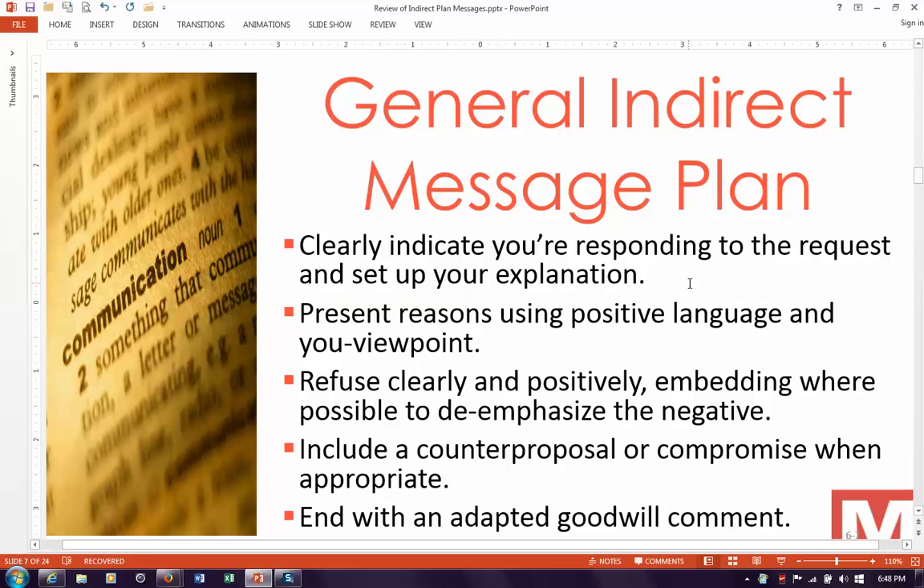You clearly indicate you're responding, present the reasons using positive language, and the you viewpoint, the benefit to the reader. Remember, we learned that in Chapter 4. The best way to do that is put yourself in the position of the recipient of your message. How would you like to hear the no so that it doesn't make you feel so bad? You have to refuse clearly and positively. You've got to de-emphasize the negative, and don't forget that counter proposal